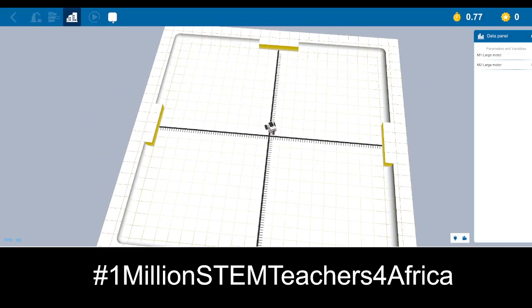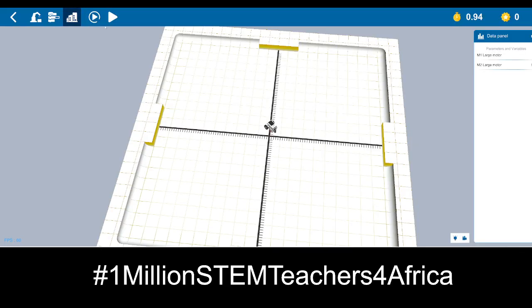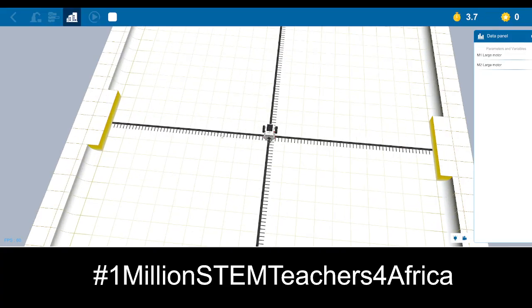There are different turning techniques I could deploy here. Let me just detach this cord from the head so it doesn't turn. For me to turn this direction, I could either reverse this motor and drive this forward, or